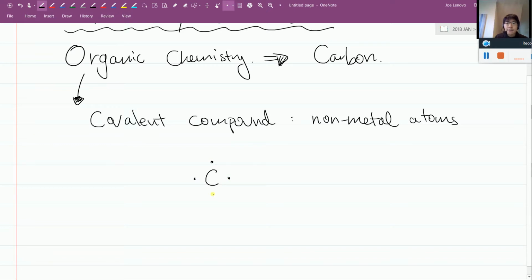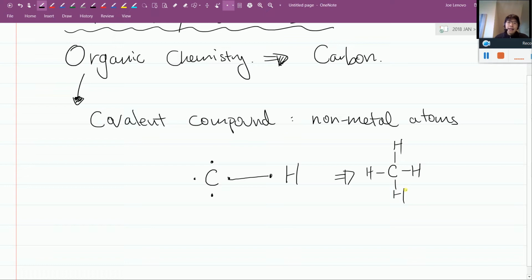Since carbon has 4 valence electrons, when carbon tries to join with hydrogen, as hydrogen has 1 electron, when they share 1 electron, there will be a single bond between each other. So 1 carbon joins 4 hydrogens, each with a single bond,